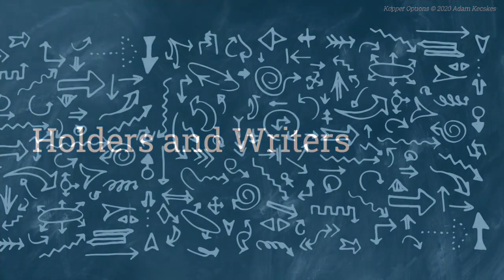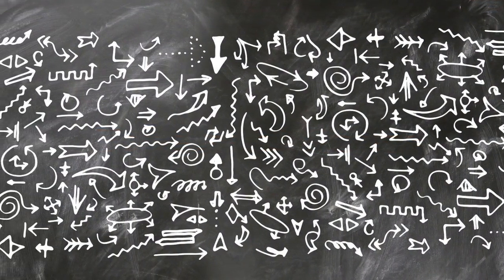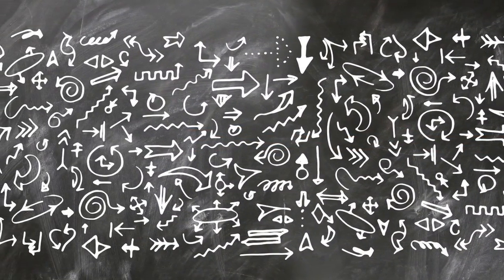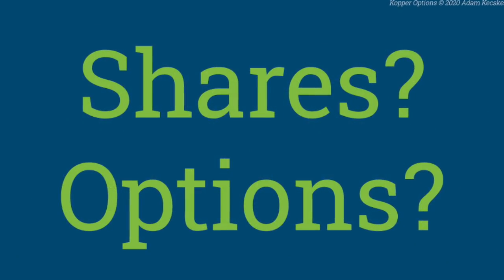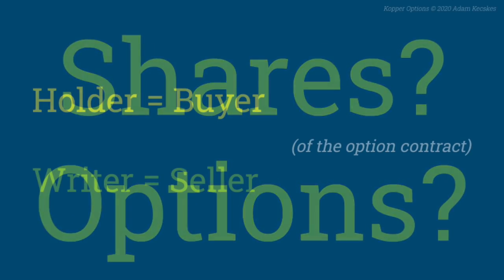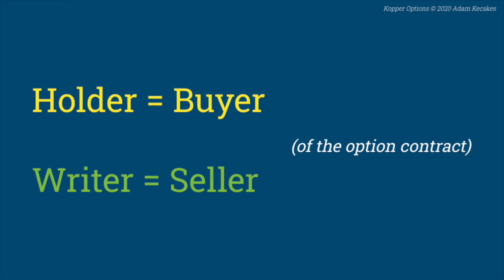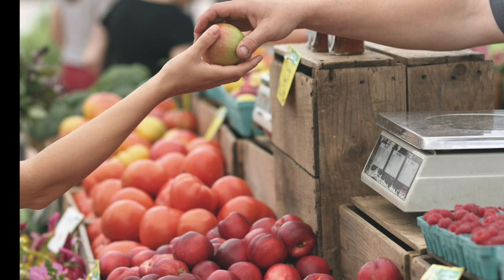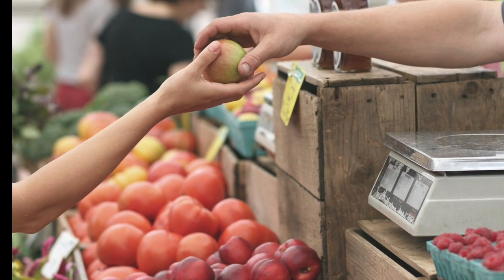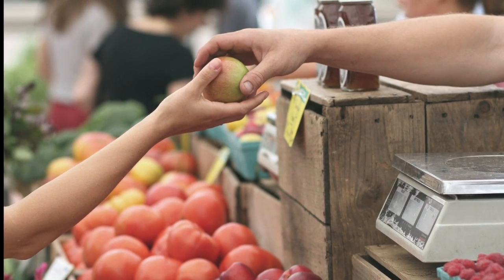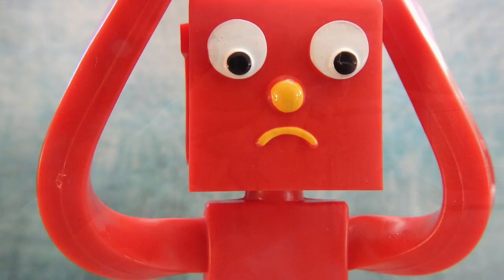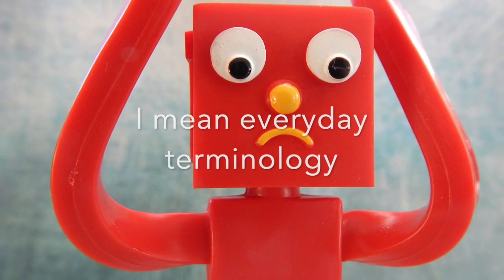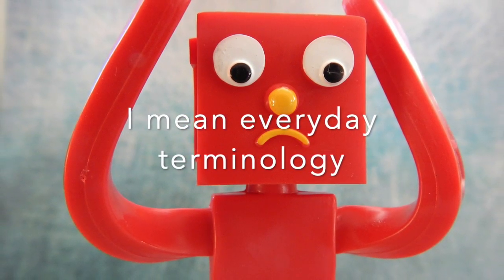Holders and writers. It can get a bit confusing with derivative financial vehicles like options when it comes to discussing when shares or options are being exchanged, so we use the terms holder and writer to replace buyer and seller, respectively. The problem is that one can buy or sell options, which in turn either offers opportunities or obligations to the other party to either buy or sell the underlying shares. There's a lot of overlapping of the terminology that sometimes even context cannot clear up easily.